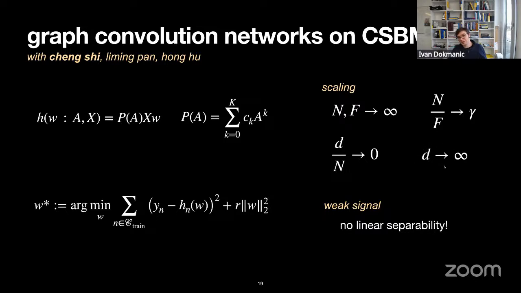We need to allow the average node degree to also diverge to infinity, but it can do so very, very slowly. So the point is it doesn't have to be any power. It can be a log of the size of the graph. It just has to go to infinity. Now, in this setting, because the only thing that we're learning is W, we'll fit our labels, again for simplicity, using the least squares loss. And so this is a nice convex loss. Actually, there's a unique solution that we can compute in closed form.